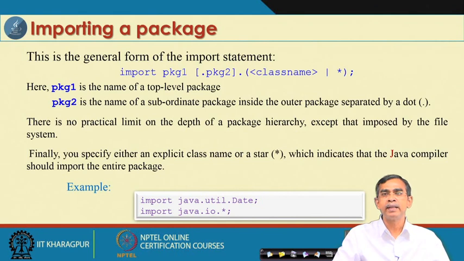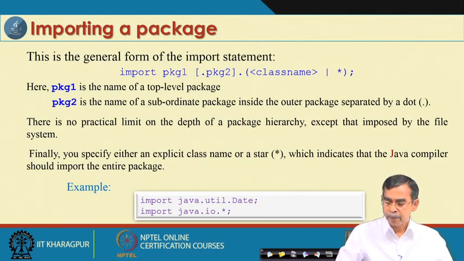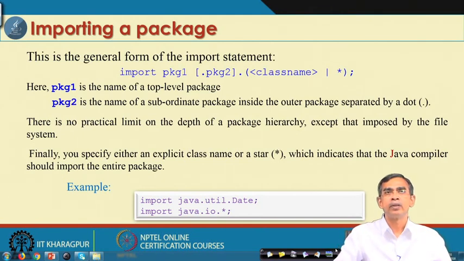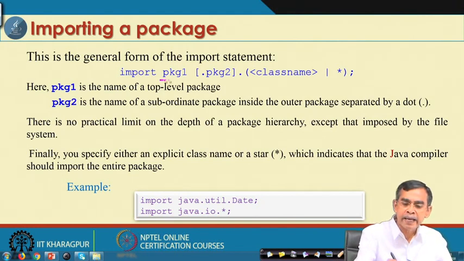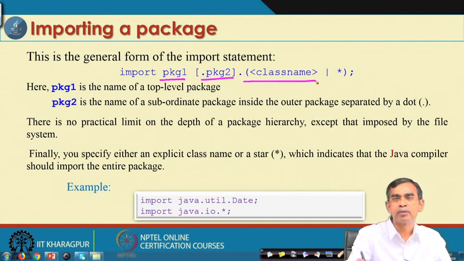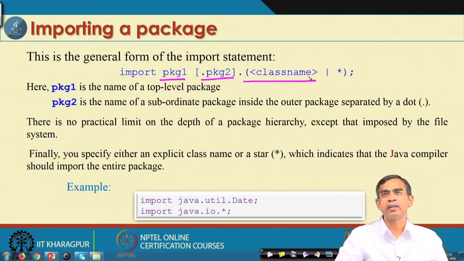So far as the import statement is concerned, there are two ways that import can be expressed. You can import only the name of the package, which is possible if you set the package in the class path setting. If you do not, then you use the dot notation, explicitly specifying the location of the particular package. In this example, package1 is the name of the top-level package and package2 is the sub-package, and under it is a particular class that you want to access. You can write it using import package1.package2.classname, where the periods are used as separators.